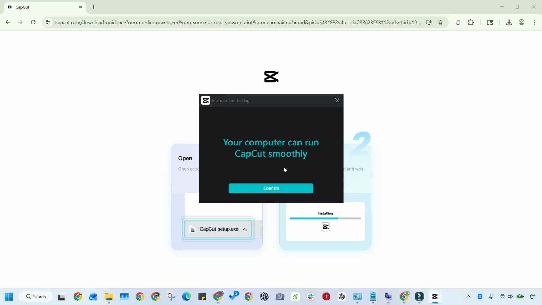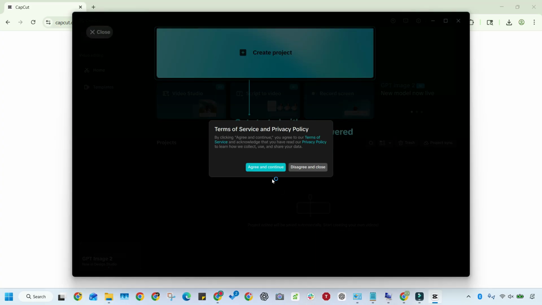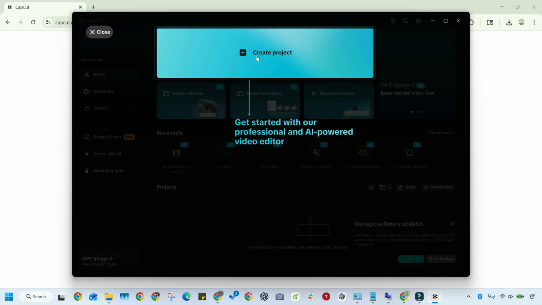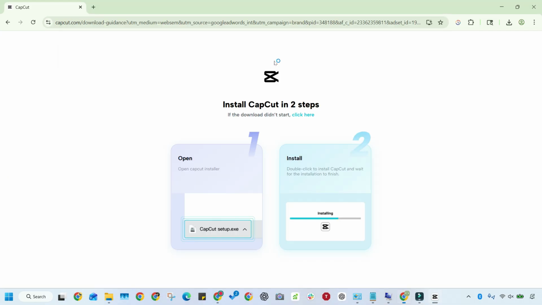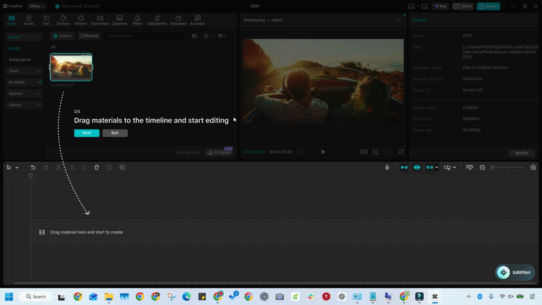It says your computer can run CapCut smoothly. Let's click confirm. You have to agree and continue. And then you have the project here now. CapCut is taking some time to load. So this is how you install CapCut on